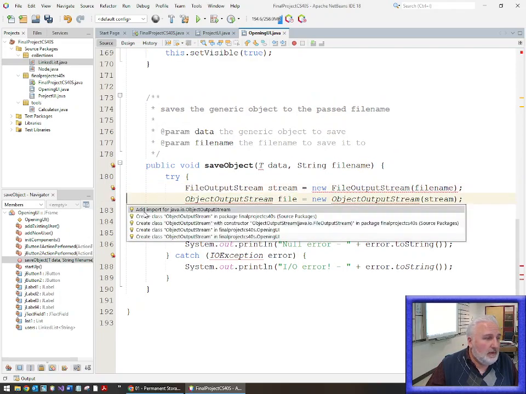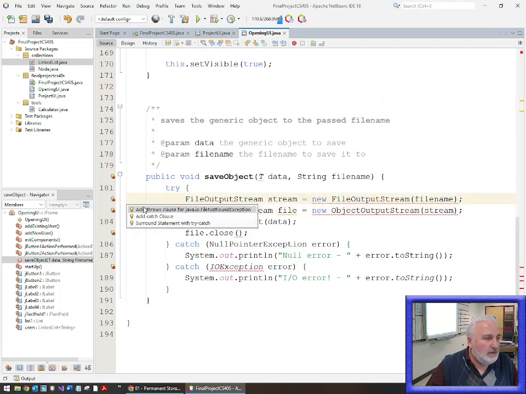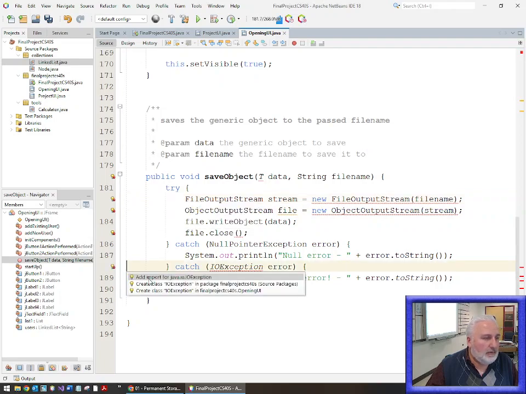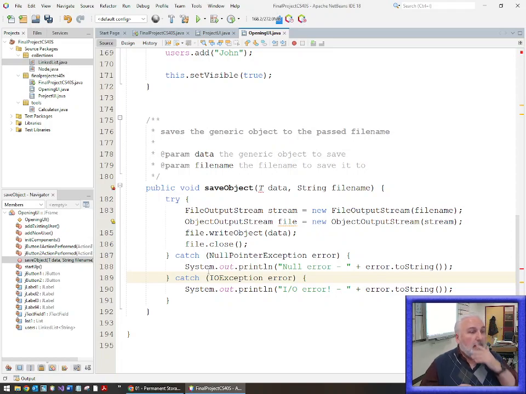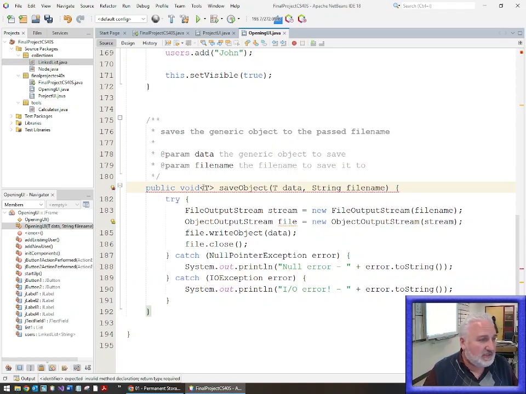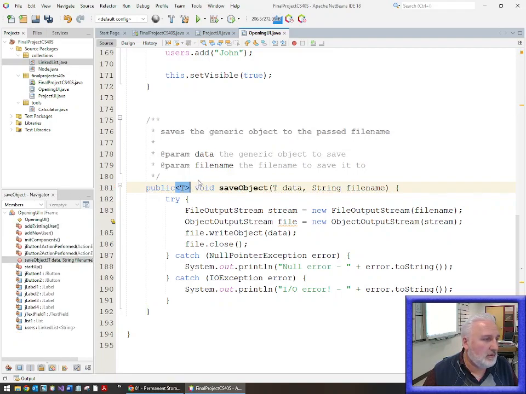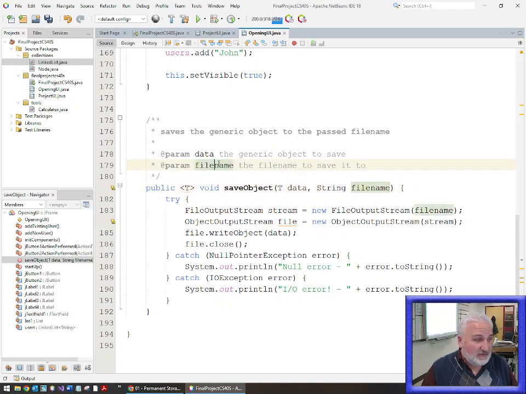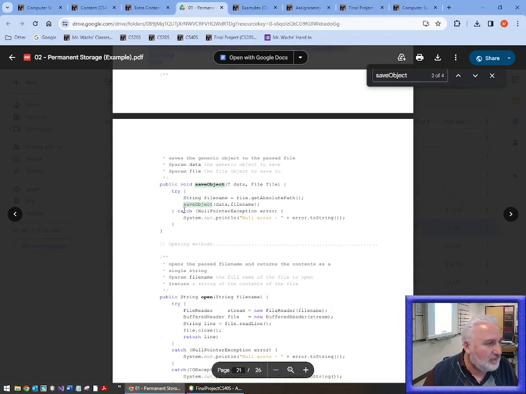Import, import. Okay. Now this uses a generic piece of data. So again, as a 40S student, you should kind of remember a little bit how that essentially would work. So I'm including generics as part of this method. I'm saving some generic thing. Now, just to go back to that example,